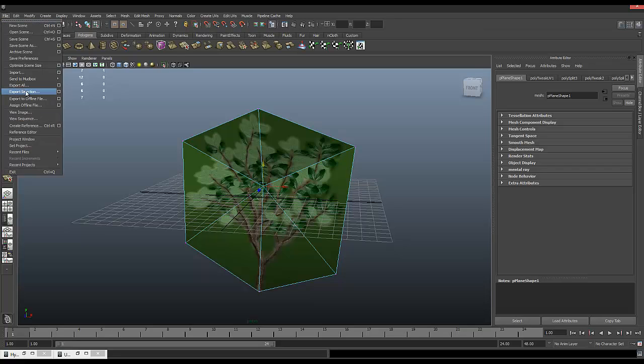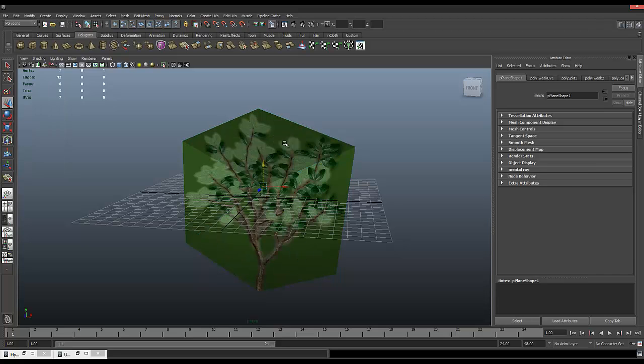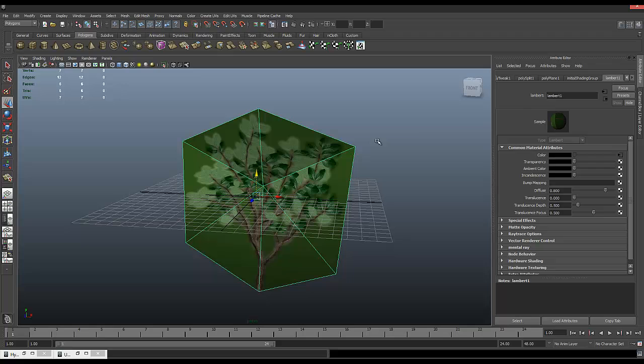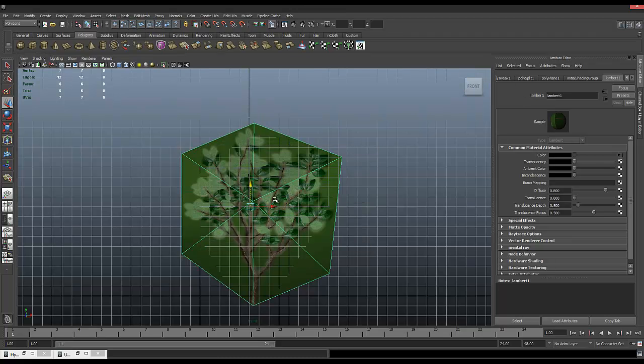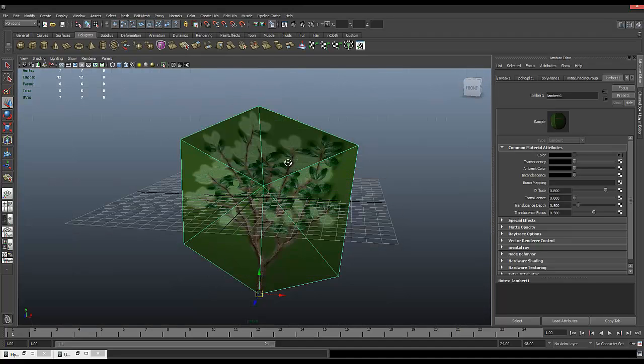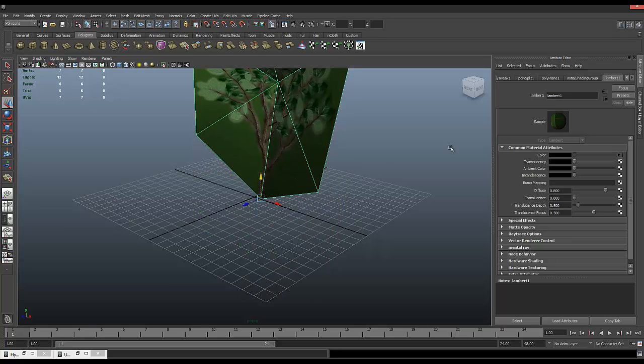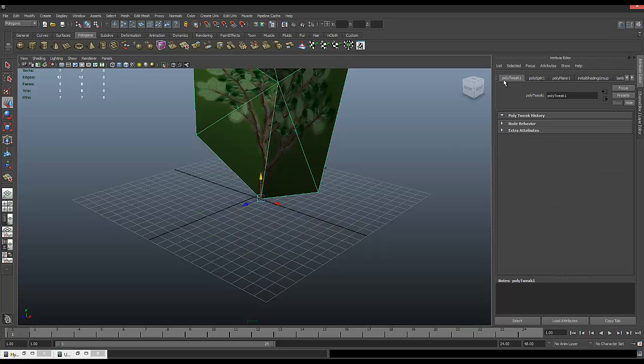Now let's export this selection. Hold on a second, we'll do some cleaning first. First off, go to front, hit insert, and move the pivot to the base. Hit insert again. Now we'll move this up and set the whole thing